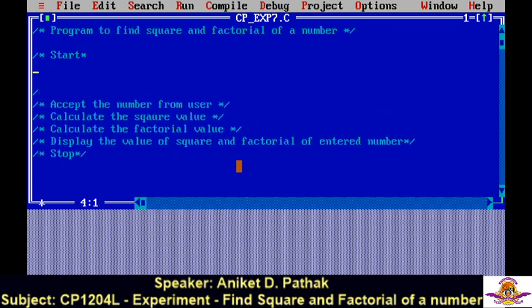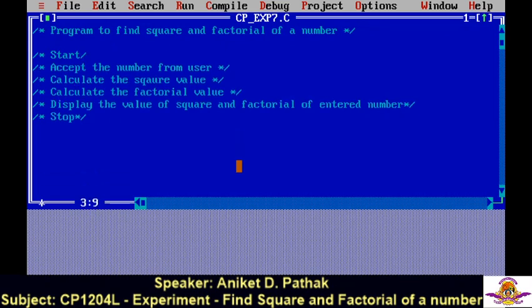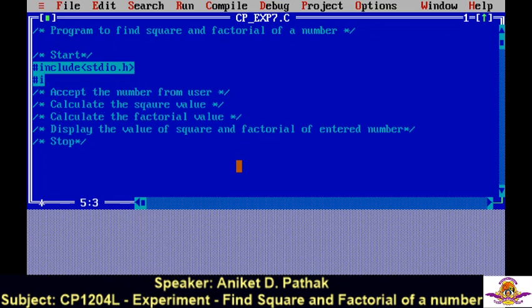So again we have our hash include. Okay, this closing dot over here, that's why it's a problem. Hash include stdio.h, hash include conio.h,